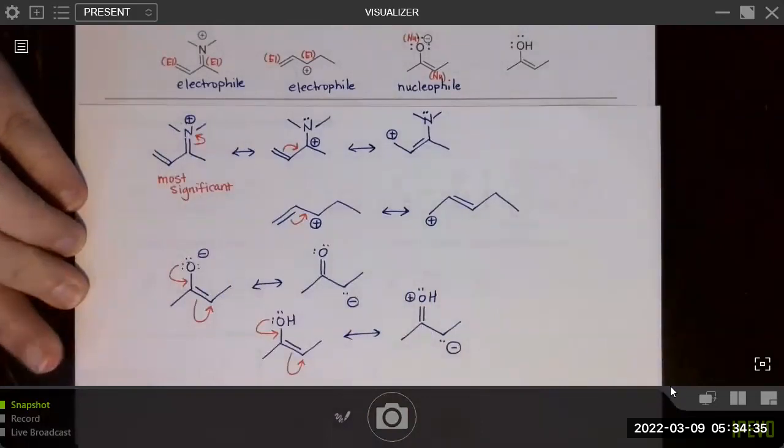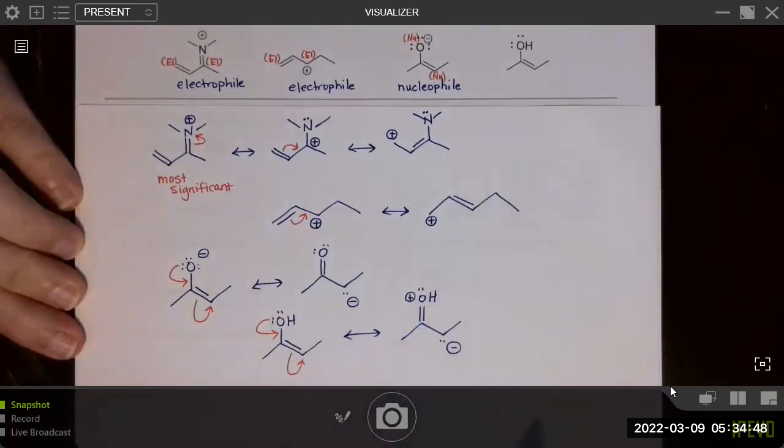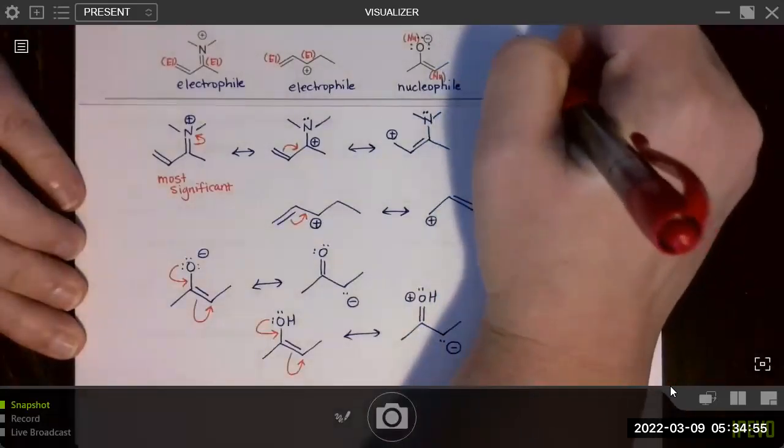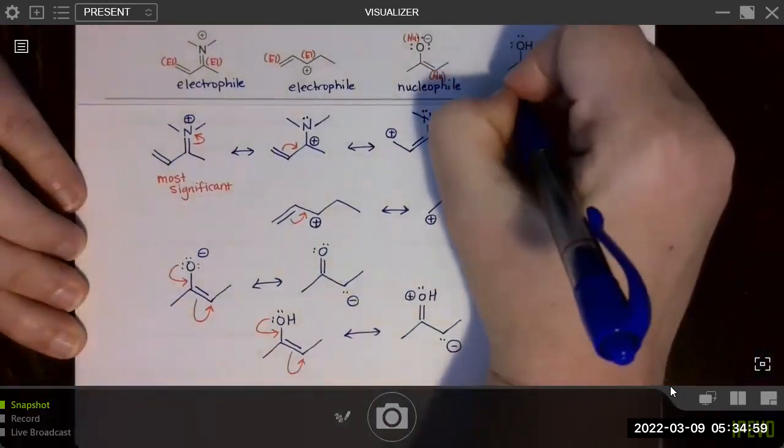And one thing that you don't necessarily know yet, but when you have oxygen or nitrogen with a positive charge, typically those atoms are not attacked directly by a nucleophile. Instead, they're usually attacked at the carbon that is double bonded to the oxygen or nitrogen with a positive charge. So it's actually really the carbon here that is nucleophilic. And so we're going to write nucleophile.